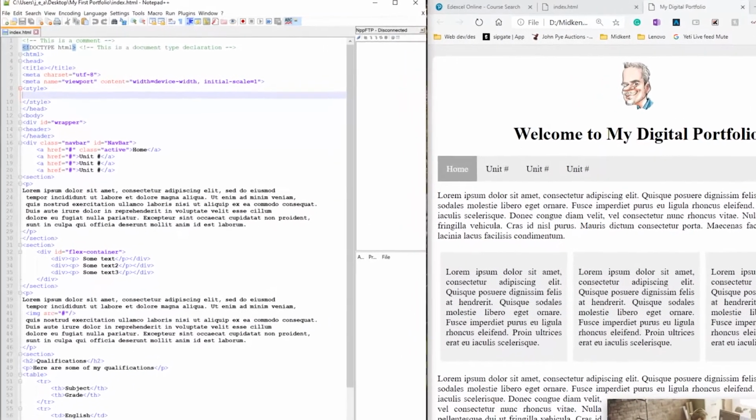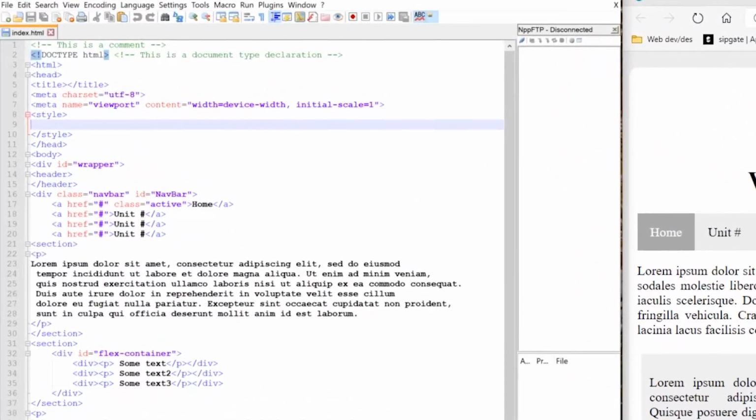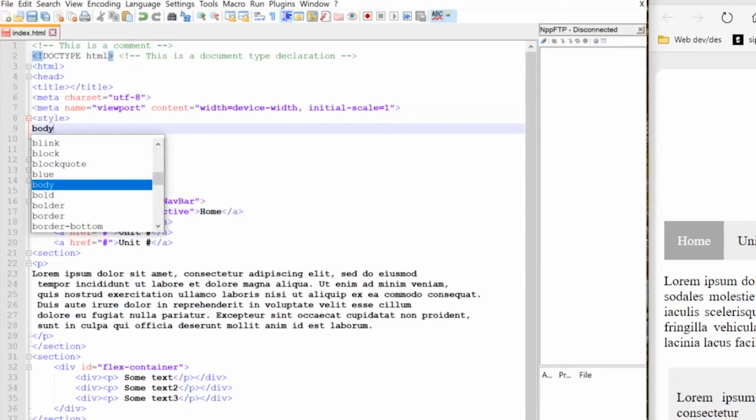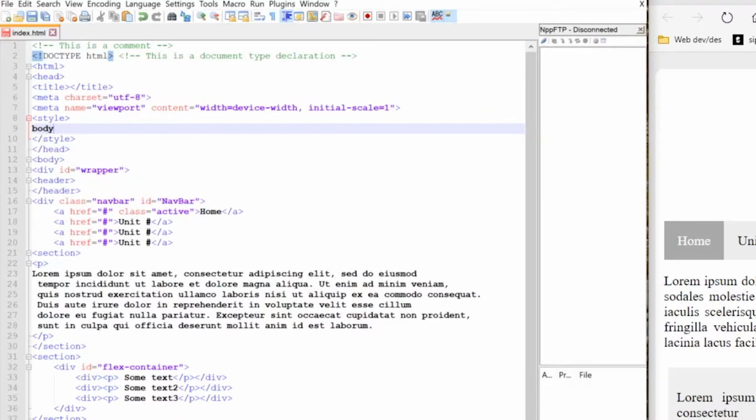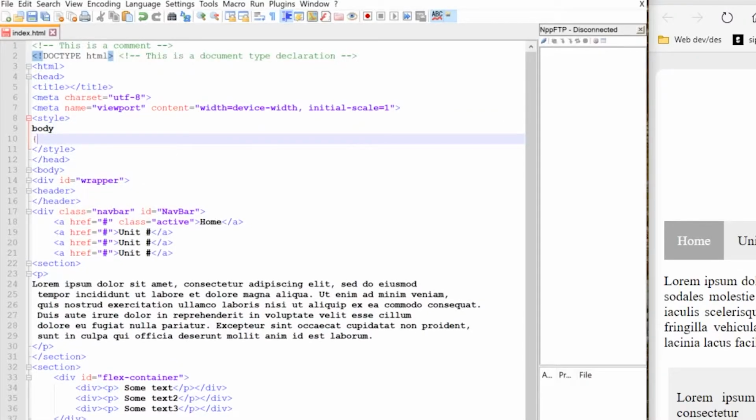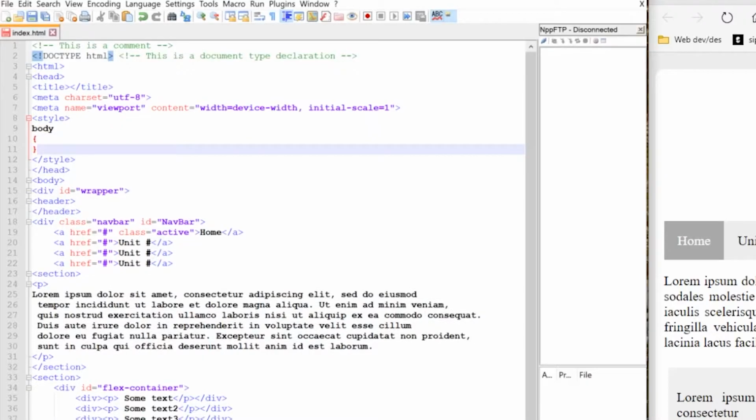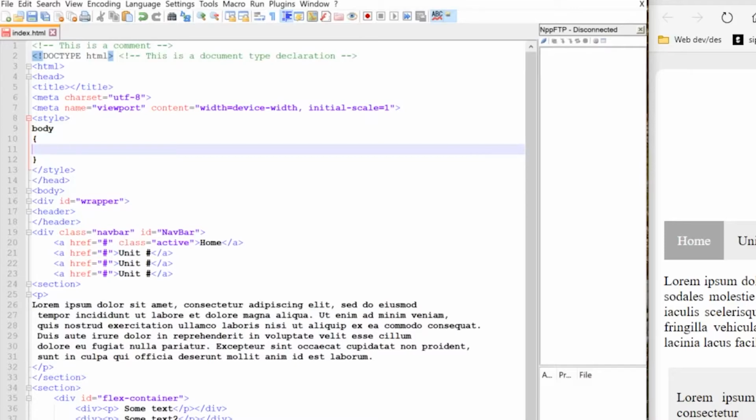So what we want to do is identify the area that we're going to be targeting, which in this instance is body. Now within body, we want to apply a number of different styles. So what we do is we create an open bracket, and then a close bracket. Anything that we want to apply in terms of style to body will be found within these 2 brackets. As I mentioned, we want to have a nice grey background. With cascading style sheets, a lot of the keywords or terms that we use are quite straightforward. So because we want to target the background colour, we can type in